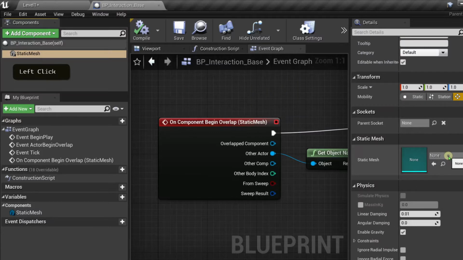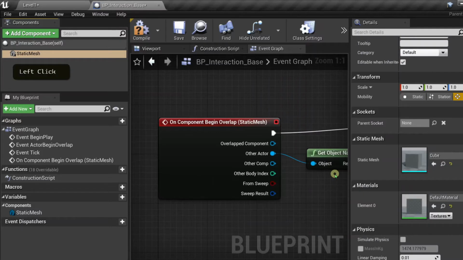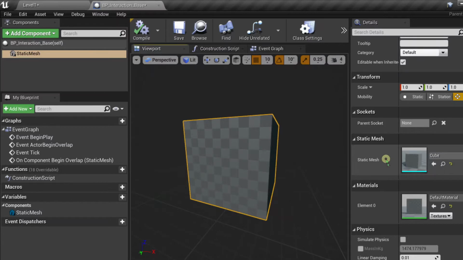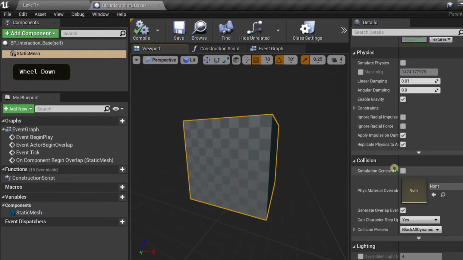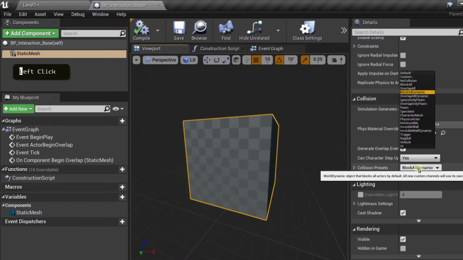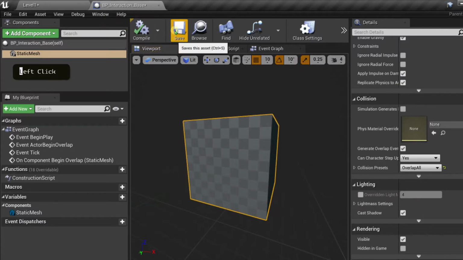So I'm going to say static mesh cube. If we look at our viewport, this is our cube. One thing we would also have to do is make the collisions overlap all. So if we compile that and save that,